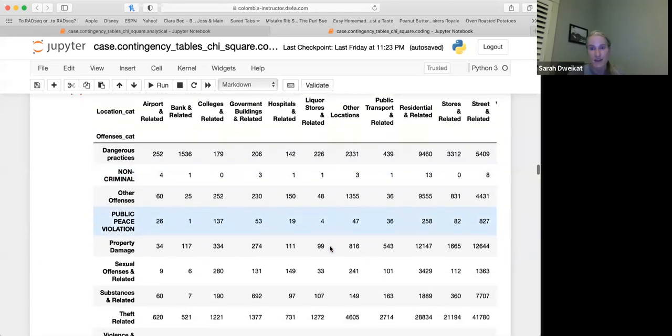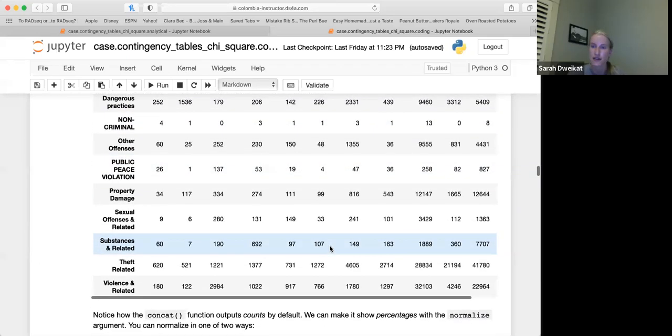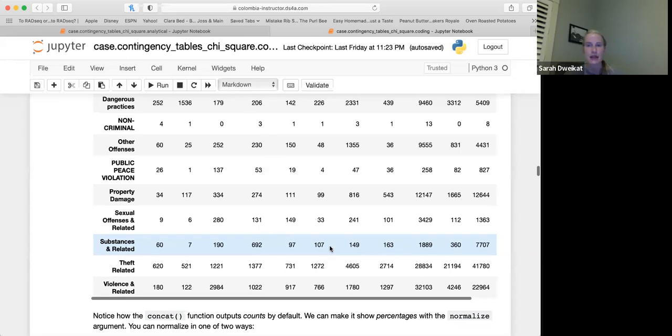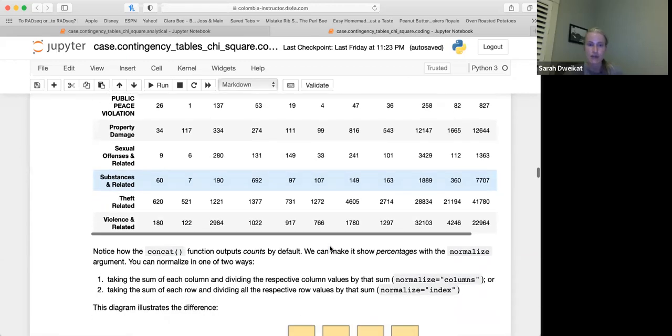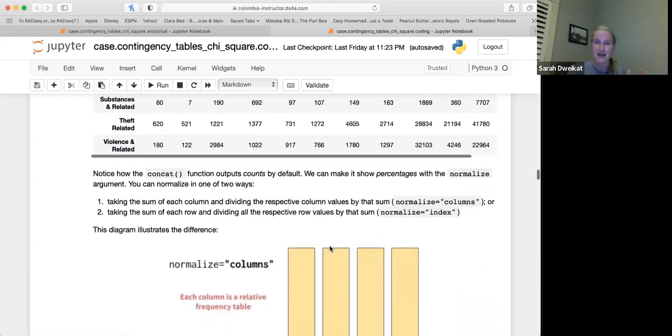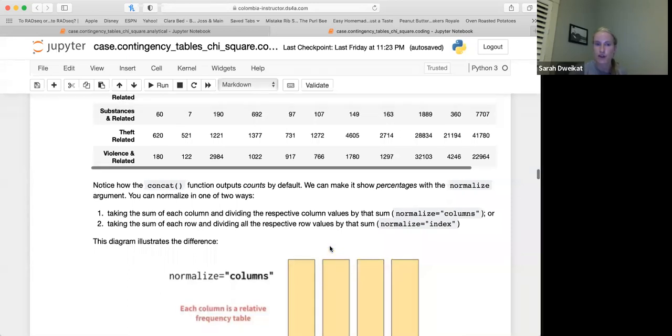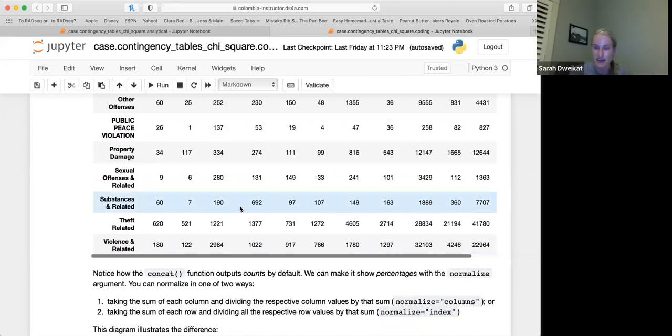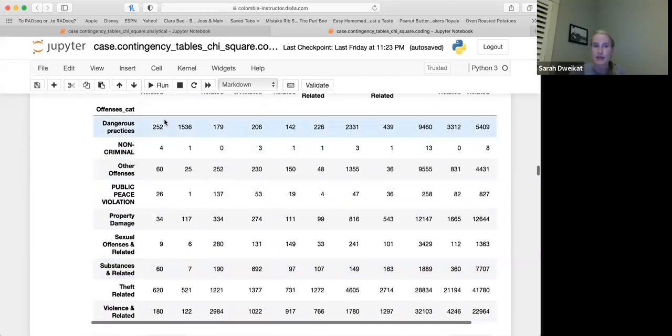And the benefit of using crosstab is we can also normalize it. So crosstab is really made specifically for contingency tables. And so we'll talk about normalizing now actually, and then we'll show the code for how you would use that crosstab function to then normalize your data. Because in the last lecture, remember we talked about we can normalize. So the first thing we do is make these into percentages,